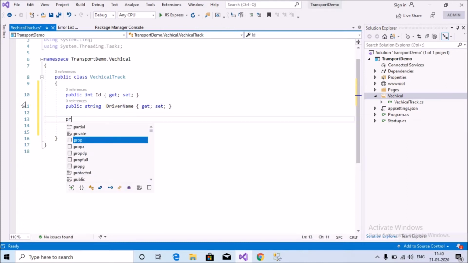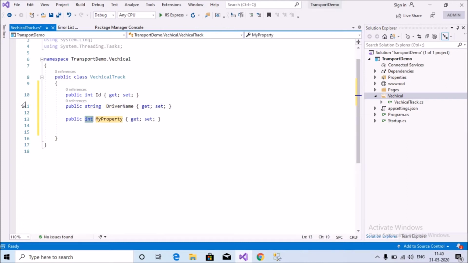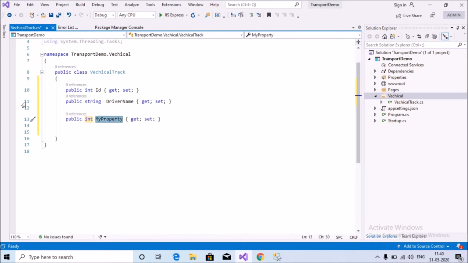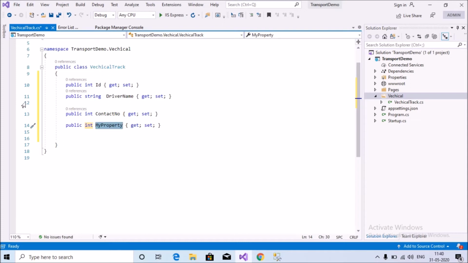and the next property is contact number. The next property is vehicle detail, vehicle description like that. And you can see here VehicleTrack is a model class. In this model class I have put four properties, and after that